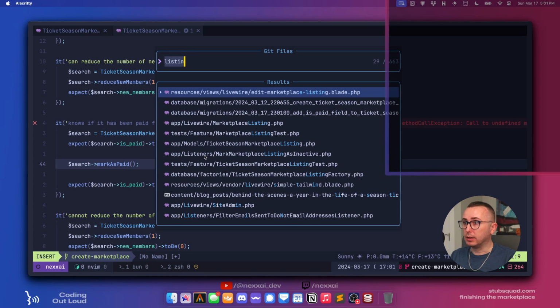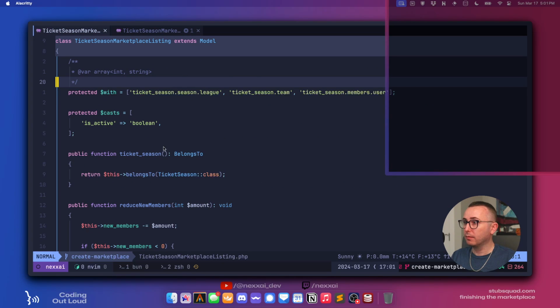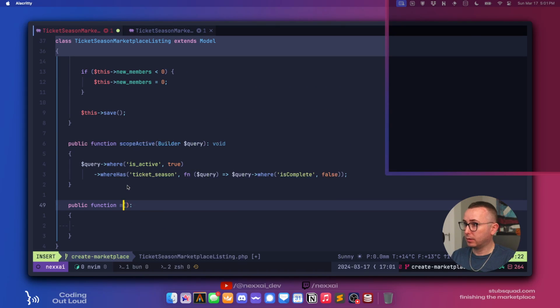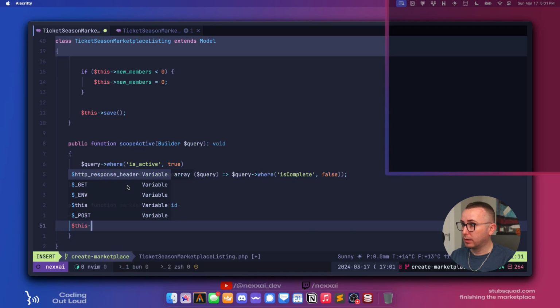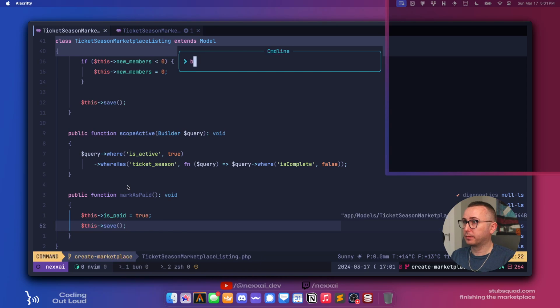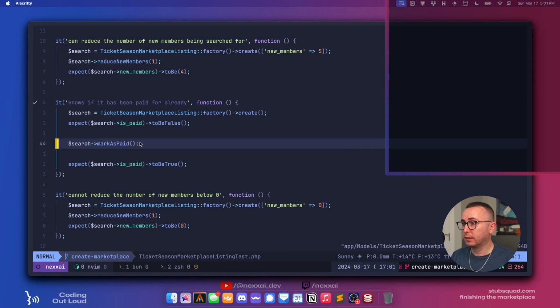So we're going to go to the listing, ticket marketplace listing, yep, and mark as paid. This is paid equals true. And then the save, yep. Cool, we have a way to track that kind of stuff now.